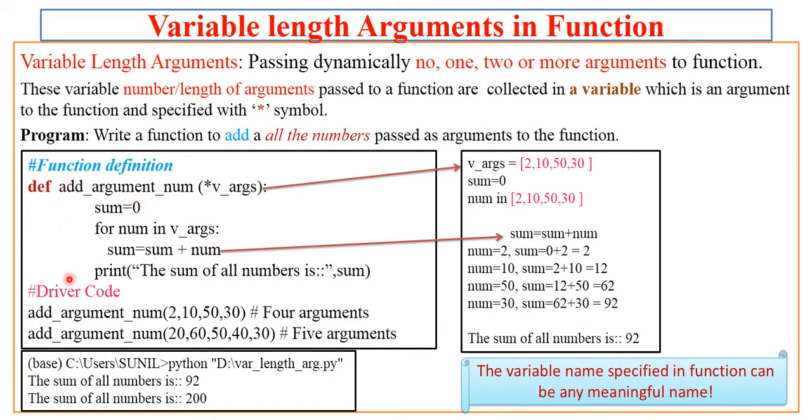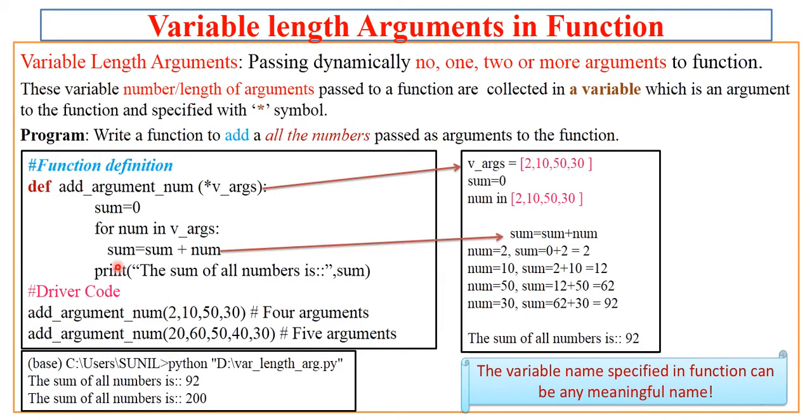So we have a small code, that is the actual program. We may even run it. We have a definition of function called add_arguments_num, and it takes an argument. Here, if you see carefully, I have defined one variable called v_args, that is variable argument. This can be any meaningful name of your choice, but that should be preceded with star symbol. This shows that the arguments you will be passing while calling the add_arguments_num function, you will be passing either 0 argument or 1 or 2 or 3 or n number of arguments.